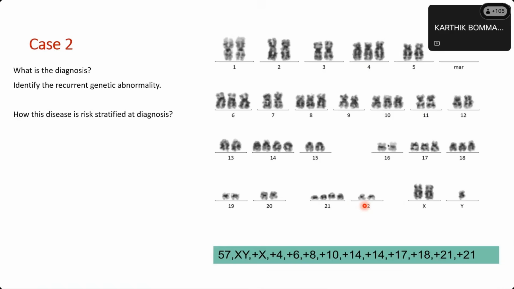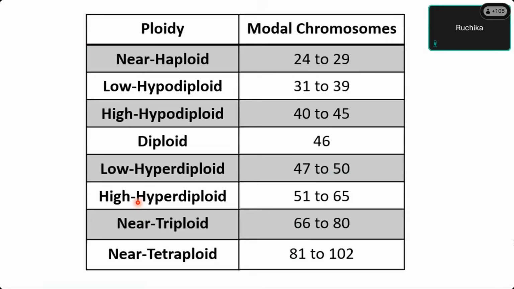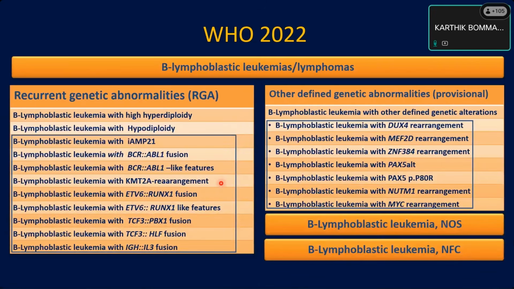Clear? So this patient will fall under high hyperdiploid. Yes. Right. So these are the recurrent genetic abnormalities which are discussed in WHO. High hyperdiploidy, hypodiploidy, and the others are all recurrent genetic abnormalities based on fusions. Like iAMP21, which is not a fusion, and BCR-ABL1, ETV6-RUNX1, TCF3-PBX1. These are the ones which are to be identified because each has relevant prognostic